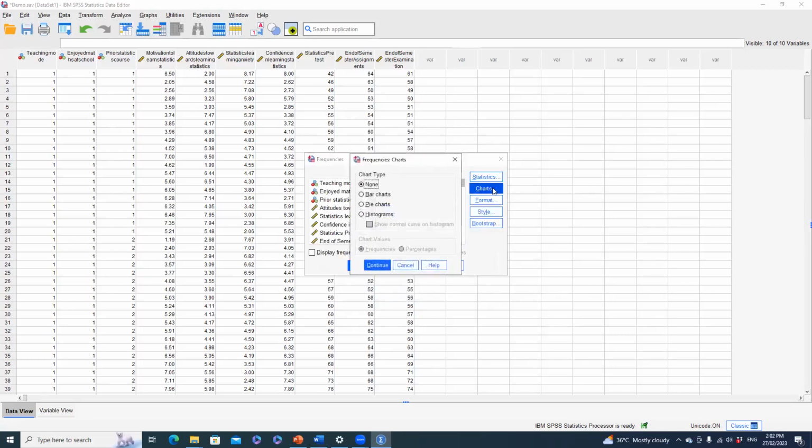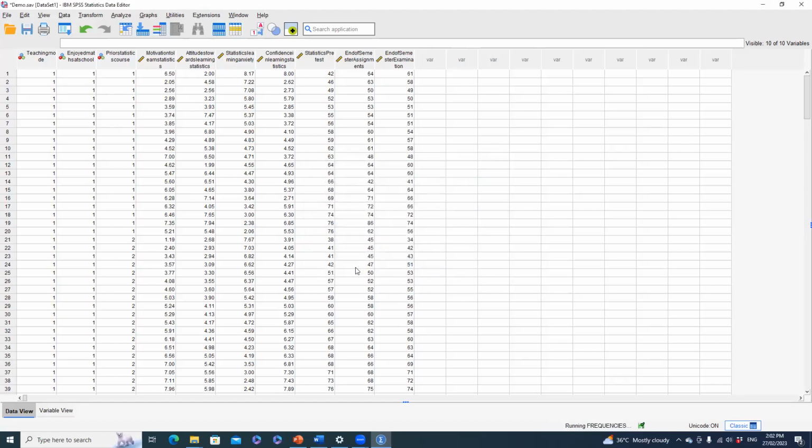I'm also going to go to charts, and I'm going to tell it I want a histogram, which tells me the frequency distribution I have in terms of my group of scores. I'm also going to tick show normal curve on the histogram, so I can compare my distribution to a standard normal distribution. That will tell me how normally distributed my scores are. I'm not going to worry about the format style or Bootstrap because they aren't typically used. So if I now click OK,